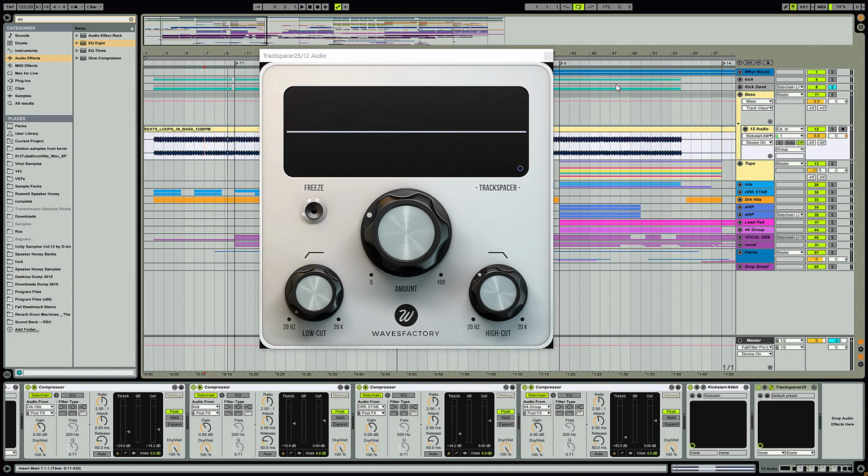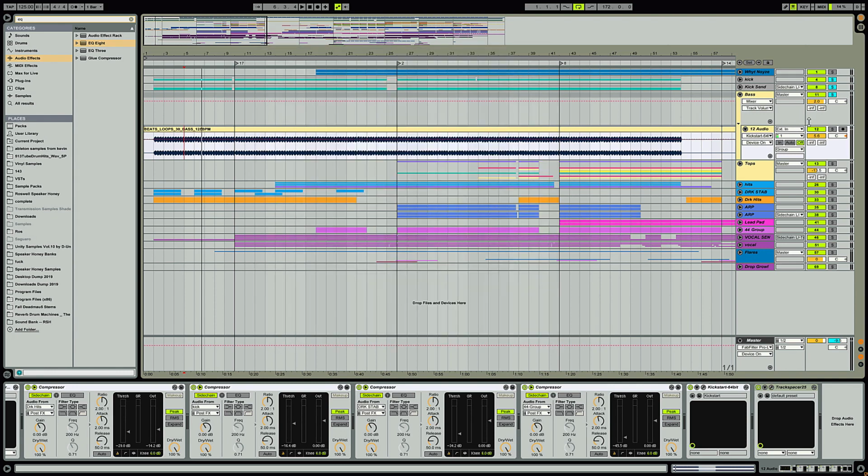The top blue line is the information from the kick send into the bass Track Spacer. So when you hear them together now, and you can see the bottom line is the bass frequencies getting cut a little bit just to allow a little bit more space for the kick to hit. And then the two sounds sound way more glued together. You can adjust the amount or the relationship between the kick and the bass relative to your taste. Here I have it around 26%, but it's always dependent on how it sounds to you. So together, everything